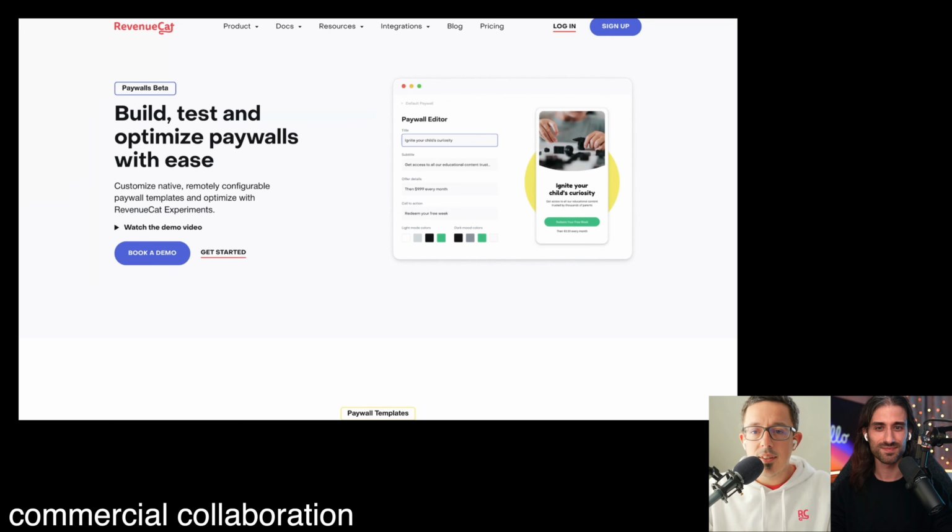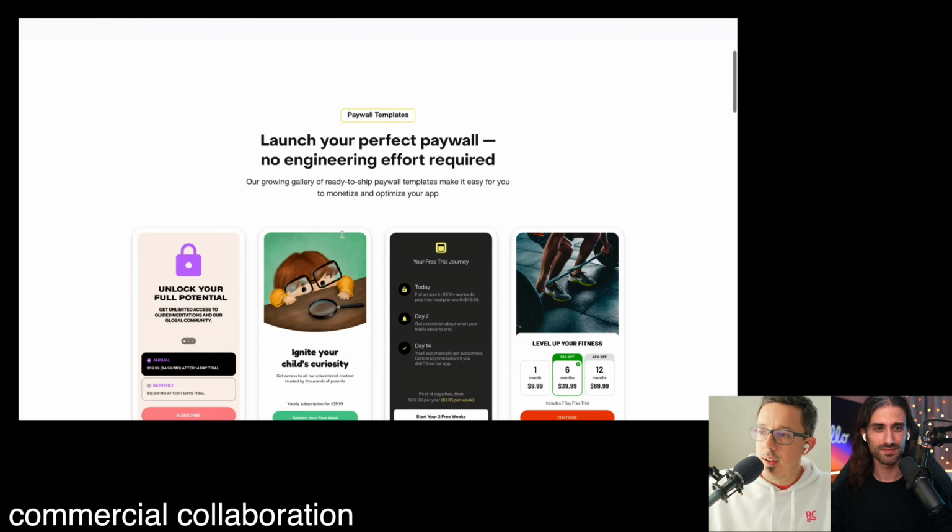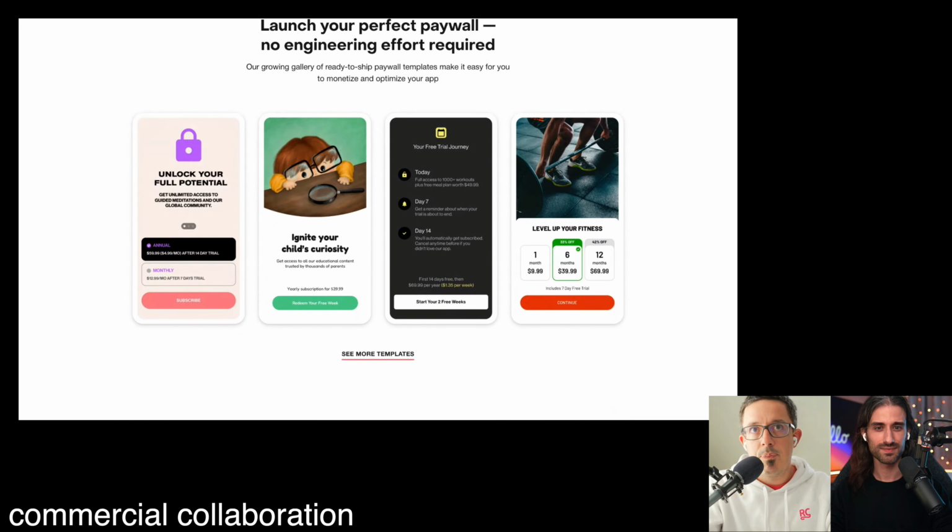Yeah, so I mentioned it at the beginning, but we have a paywall UI framework now. The idea is you can build a paywall on our dashboard on the website and then render it natively with SwiftUI on iOS, and I believe Jetpack Compose on Android. I don't remember specifically what the framework is, but it's native on Android as well.